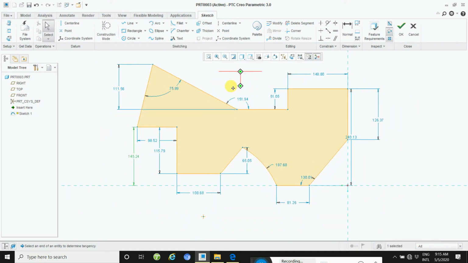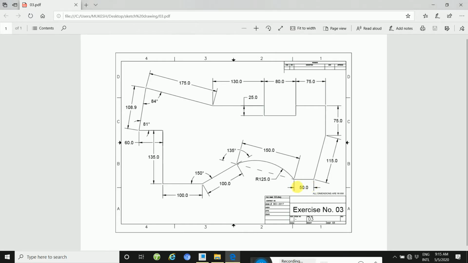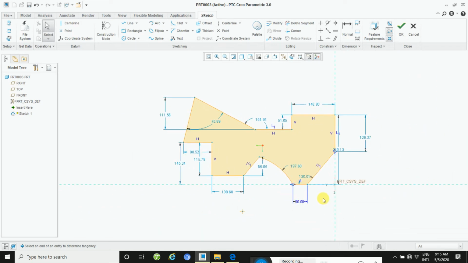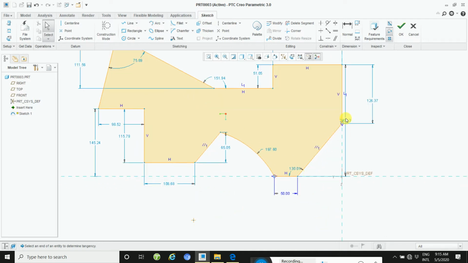And then first to define this dimension, yes, this dimension is 50. Take 50, this way. And then how to define this dimension?